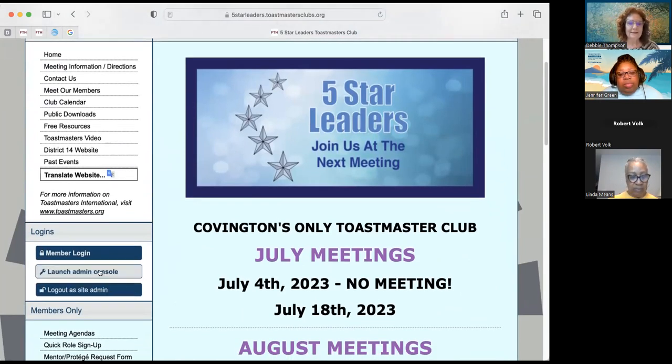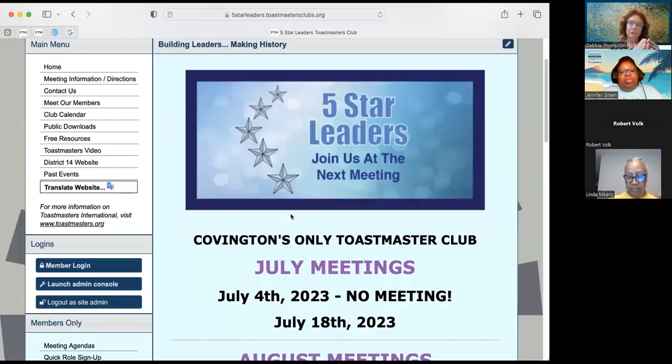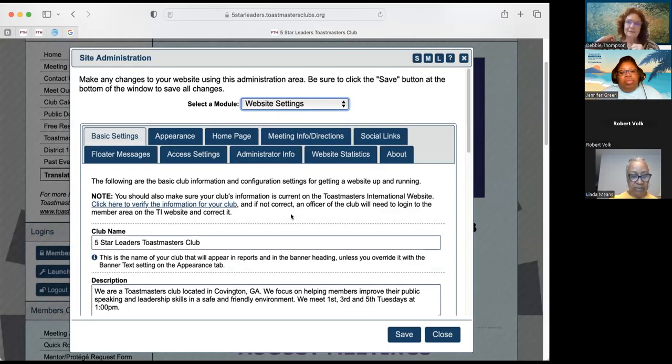Let's go behind the scenes. When I say go behind the scenes, this is the background area where you set up everything. And so these tabs across the top, you'll see where I've got appearance, homepage. This is where we'll go to update the homepage, meeting directions page, et cetera, et cetera.